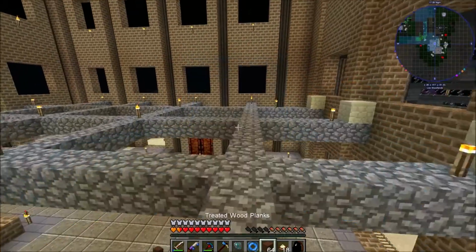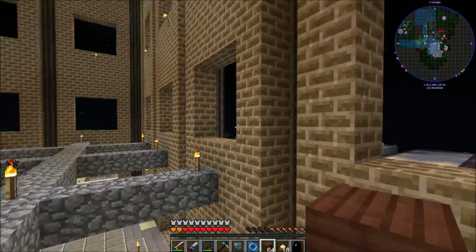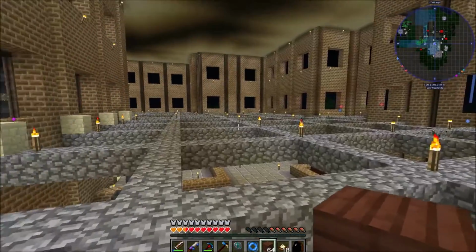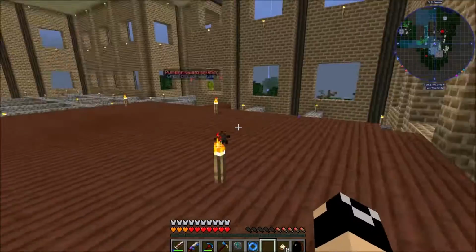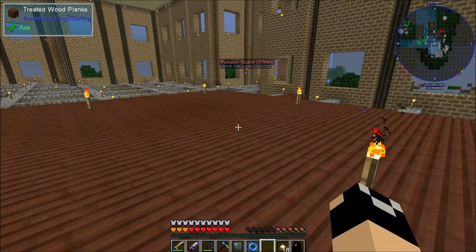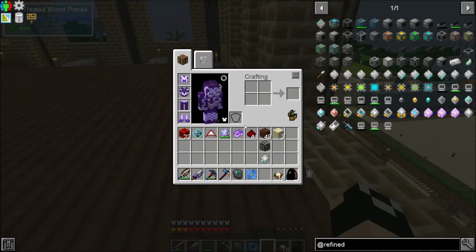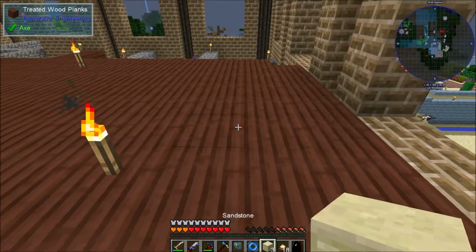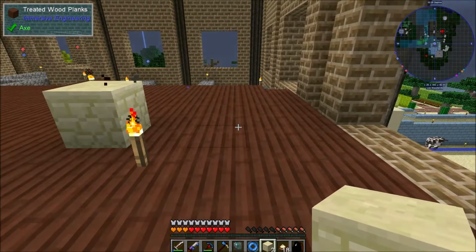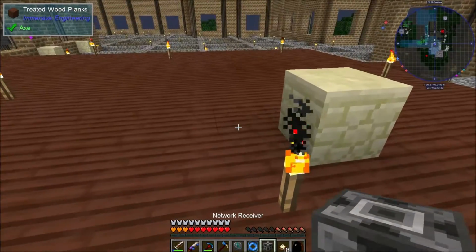I'm actually going to do this area a bit different than normal. Like, the machines aren't going to be up against these walls. They're going to be out more in the middle. Okay, so we've got the start of a floor. It's going to be a bit more intricate than this, but okay. So what we're going to do? Let's come out. Grab this. 1, 2, 3, 4, 5. We'll put that there, and we're going to set up a network receiver